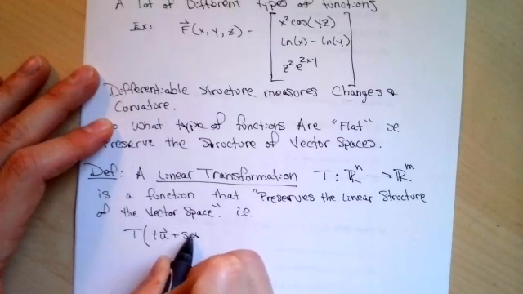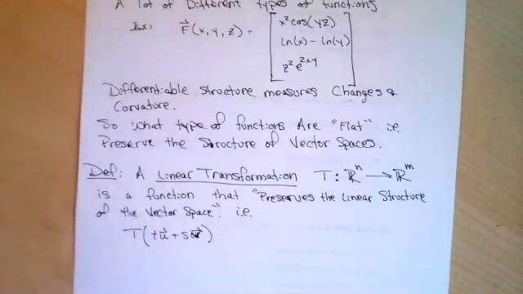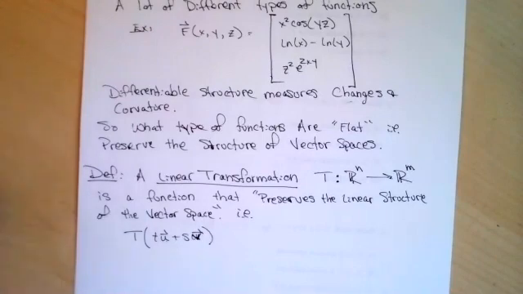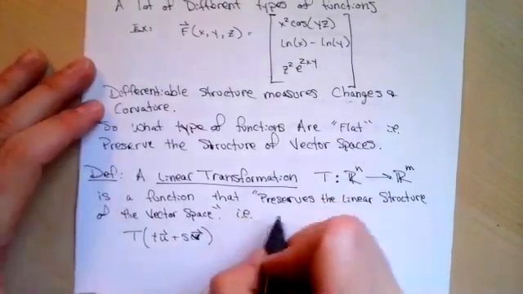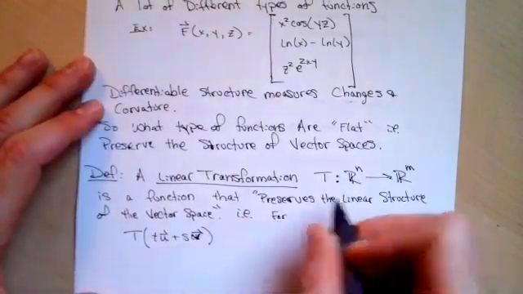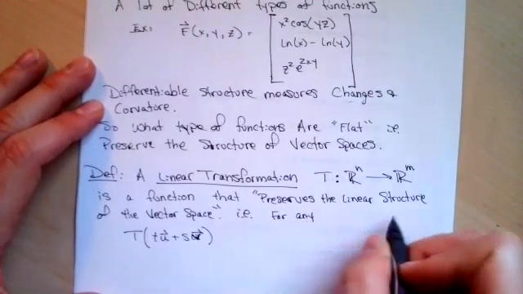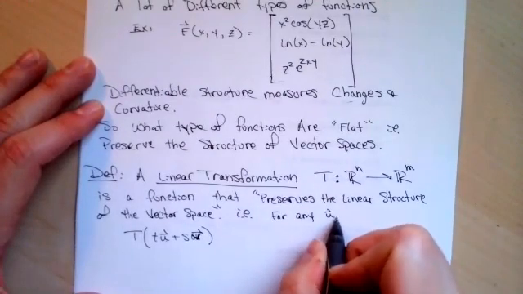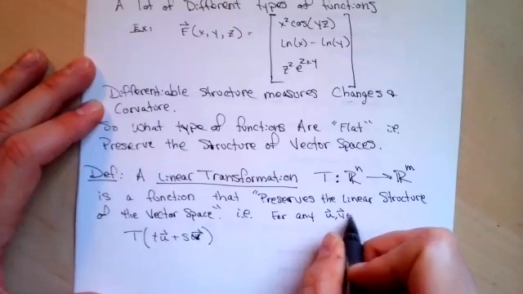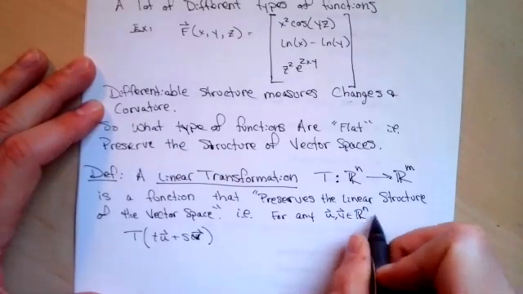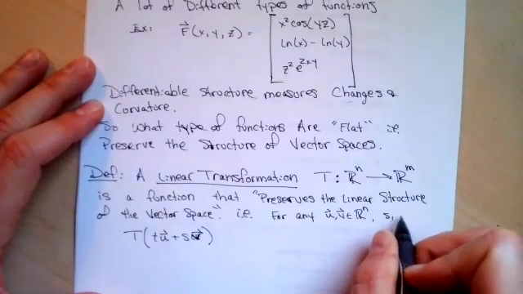Sorry, V there. Linear combinations is this process by which we generate all the other points in the space. We can take scalar multiples of vectors, and then we can add all of those together. And so let's define what those are. So for any U and V that are n-dimensional vectors, and scalars S and T,